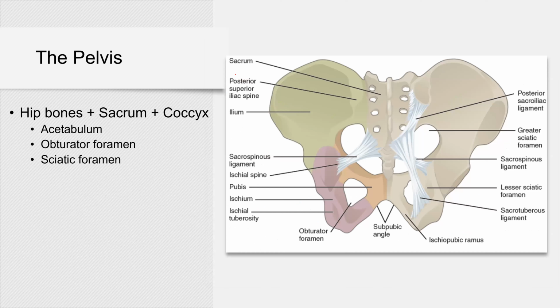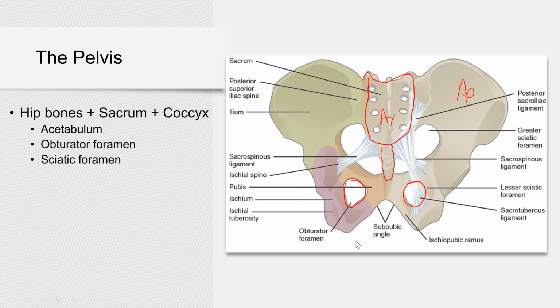Now, the pelvis is made of 2 hip bones plus sacrum and coccyx. So this is our sacrum, and this is coccyx. So you can see that the pelvis is a part of both axial and appendicular skeleton, because this is our axial skeleton, sacrum and coccyx, and this is appendicular skeleton, that is os coxa or hip bone. So it has the obturator foramen. This is a big foramen where you will see the obturator nerve and blood vessels passing through this area,